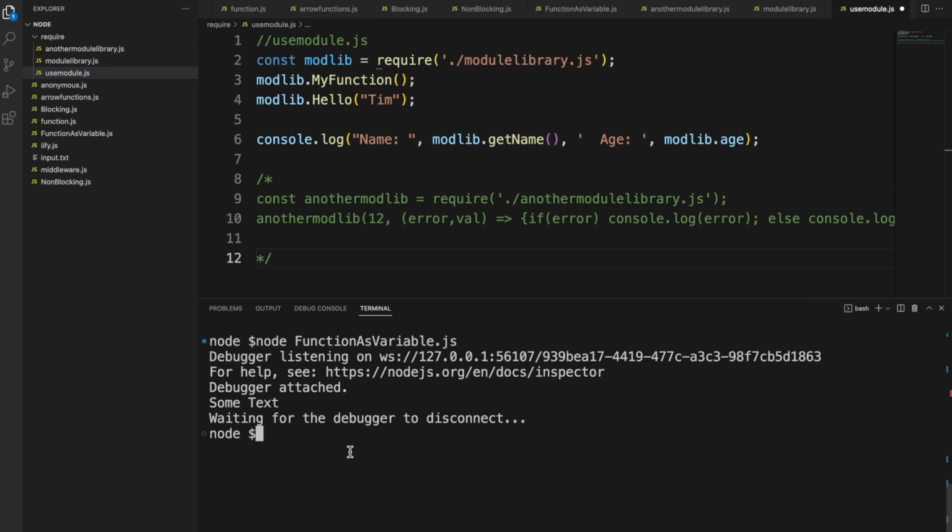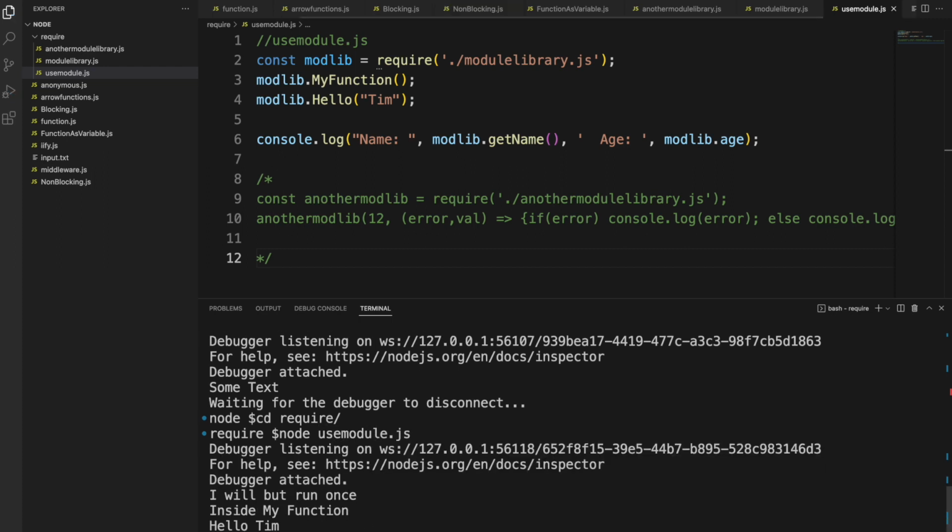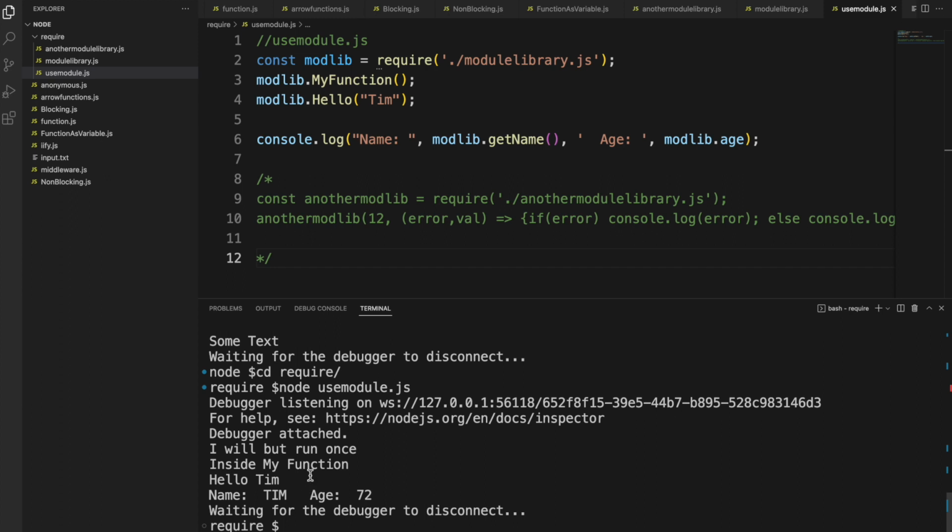And so if I do node use module, see, we can quickly see that the functions which were being imported here, like my function, hello, this one, they are getting called, and we are able to get the values, either the values or the execution